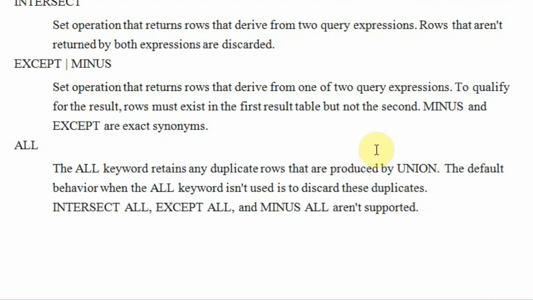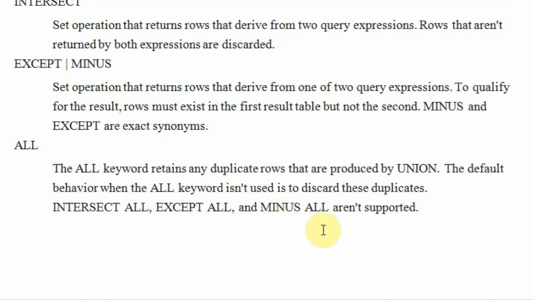Union all will keep the duplicates, whereas union will not keep the duplicates. As I have mentioned here, intersect all, except all and minus all aren't supported. So you cannot use intersect all and minus all.